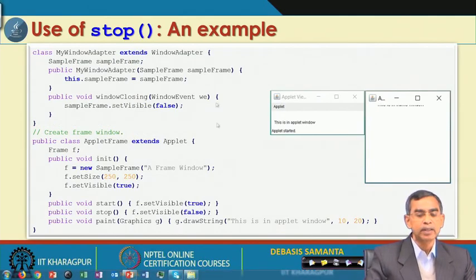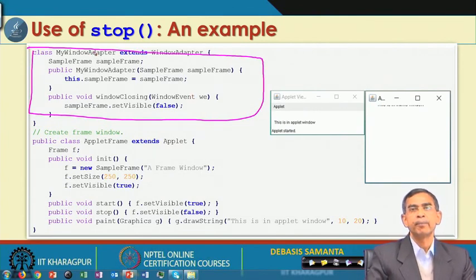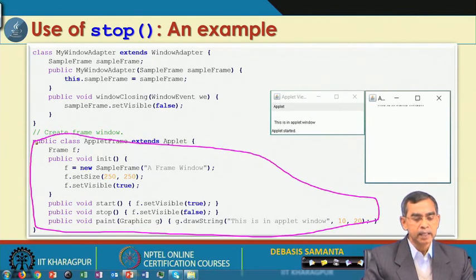The next part, as you see, is that we have to define the method that we have declared, my window. This is the method that is declared. Again, whenever an applet starts its execution, this method will display the window on the screen. And then finally, this is the applet class program, and this is the main program we can say.